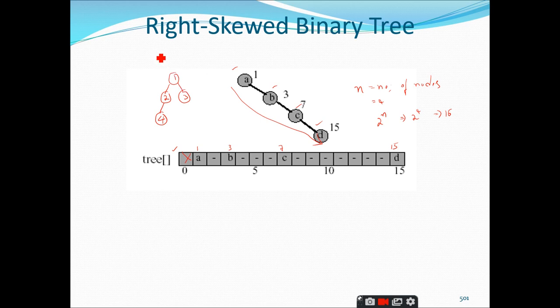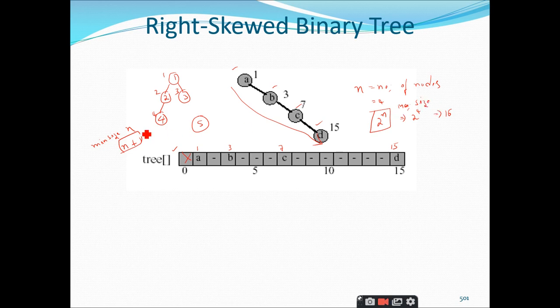Now tell me, what is the minimum size of the array? 5, sir. 1, 2, 3, 4. Right, so it is 5. How can you represent it with n? N plus 1, sir. Super, right? It is nothing but n plus 1. Therefore n plus 1 is the minimum size of the array, and 2 power n is the maximum size of the array.